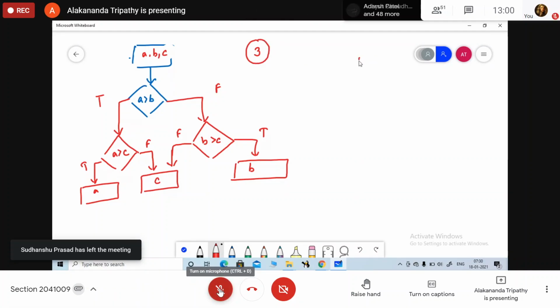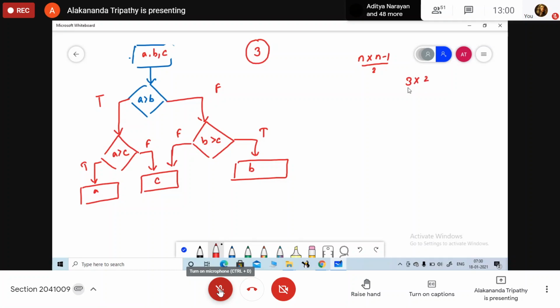So how many decision boxes are we taking here? 3. So if the value is 3, how many decision boxes are being used? If the value is 4, how many decision boxes are you using?